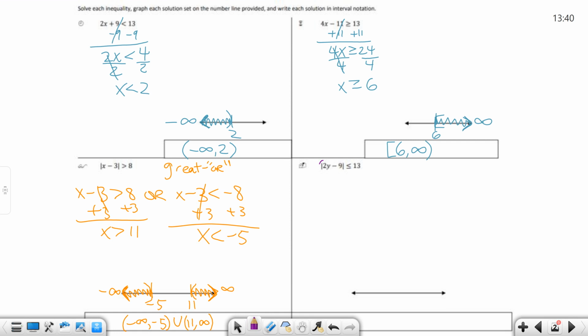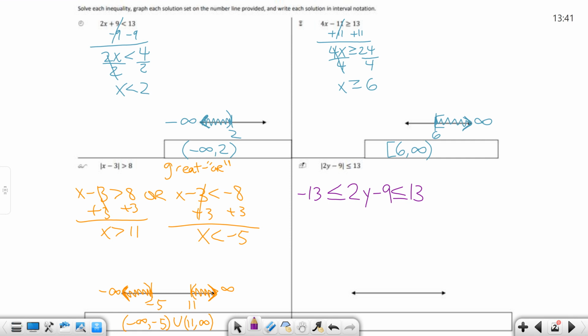Again, on the next one here, we have absolute value bars. This time it is less than, which means let us make a what? A sandwich. And if we make a sandwich, 2y minus 9, this part's in the middle, and we make a sandwich this way. Both of these things point the same way as this. And we say negative 13 on the left and 13 on the right. Remember, this one is like an and, and I told you that every and in math can be done simpler in here with this kind of logic, this and or business. The ands can be written this way. This is like the two stripes in the highway. You live between the two stripes because you live less than so many miles from the point in the road